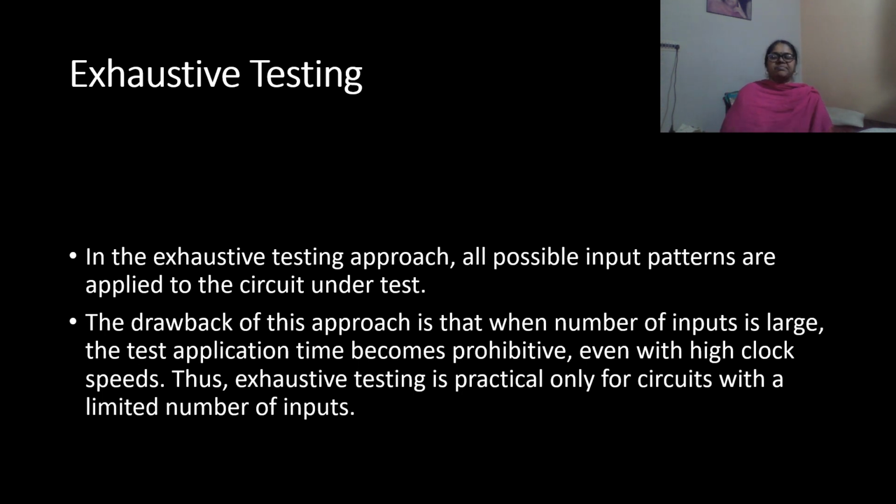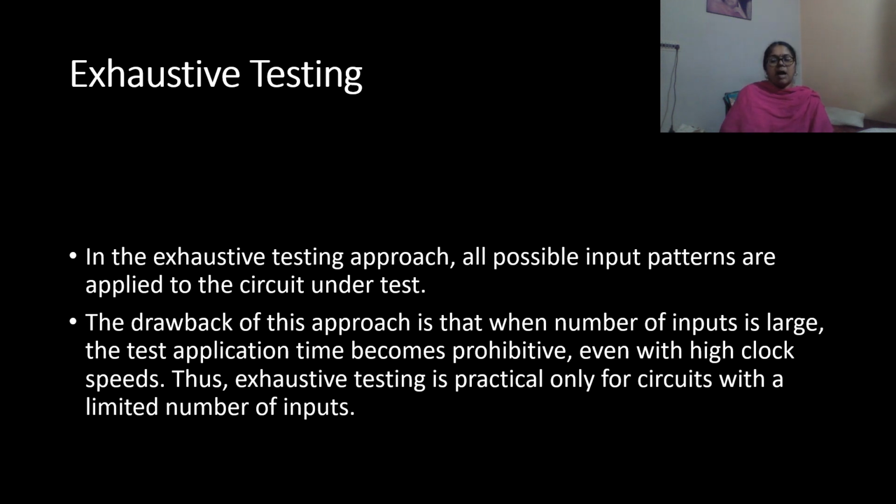Exhaustive testing. In the exhaustive testing approach, all possible input patterns are applied to the circuit under test. Thus, for an n input combinational circuit, all possible 2 to the power of n patterns need to be applied. The advantage of this approach is that all non-redundant faults can be detected.